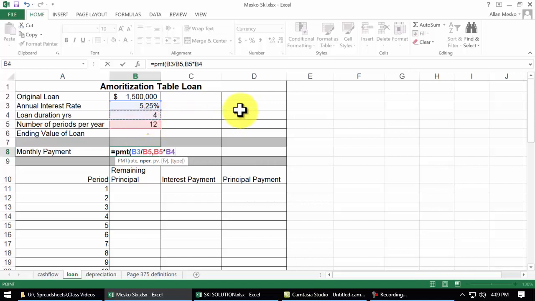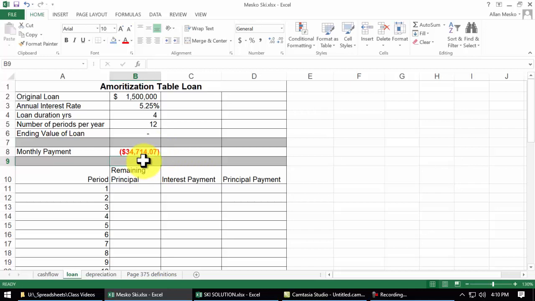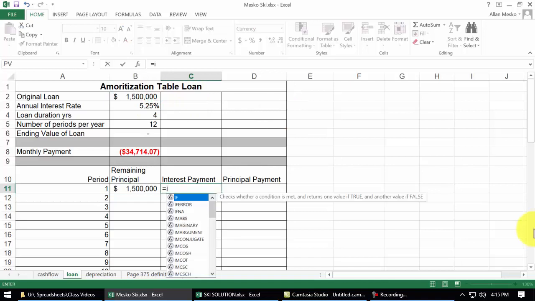The next thing we want is the present value. Our present value is $1.5 million. Our future value is going to be 0, and our type is going to be 0, which is optional, meaning at the end of the period. So our monthly payment is almost $35,000 a month. Before we make our first payment, our remaining principal is the whole loan, isn't it? So it's this amount. The interest payment per period,